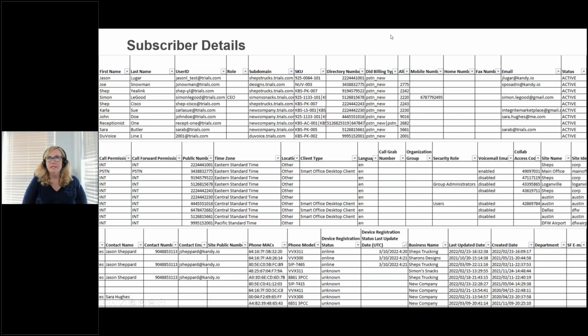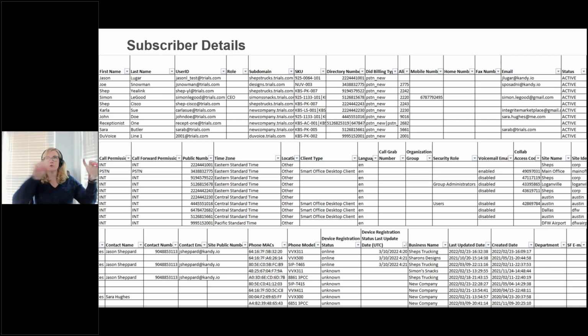The subscriber details report is one that you could go into drill down into a company. You can go into fulfillment subscribers and you could download it right from there, okay? Or you can go here and you can create a scheduled report to have it emailed to you once a month, however often, for the entire accounts, all the accounts that you have, or an individual customer. You'd have to filter down on that individual customer,